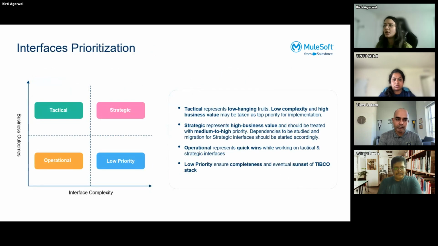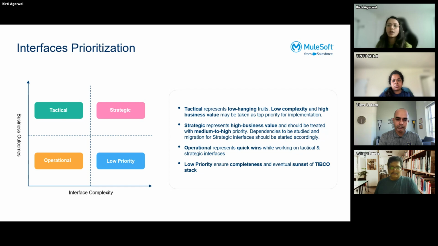Like I was talking about prioritization in the previous slide, any set of interfaces that you identify as part of migration needs to be divided into one of these four quadrants. You can see on the x-axis you have the interface complexity, and on the y-axis you have business outcome. Anything that is high business value and low complexity are the interfaces that you need to pick up first. The second set that you would be picking up